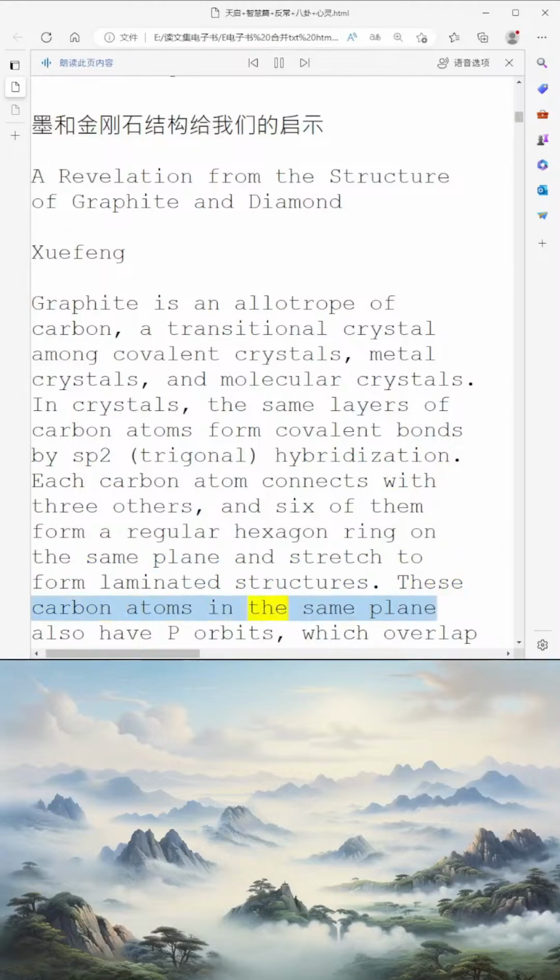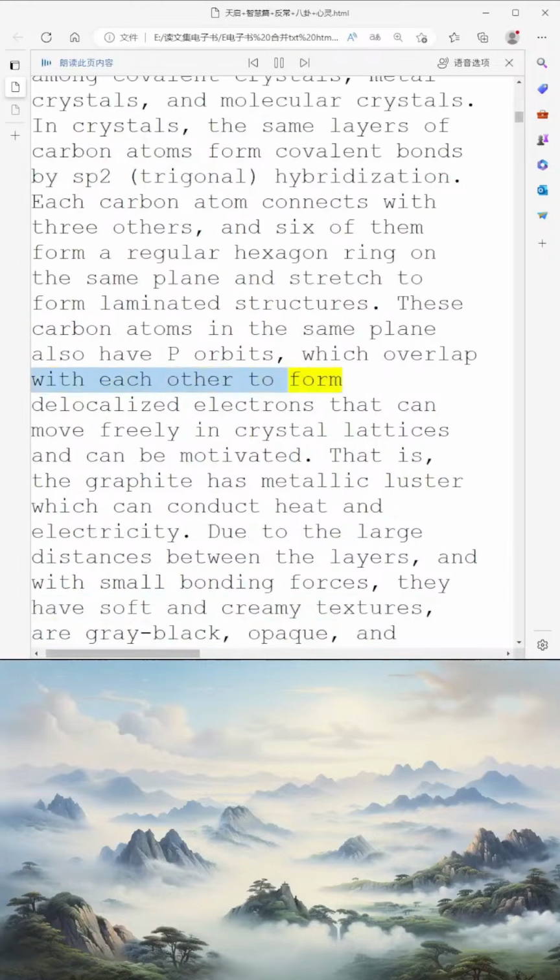These carbon atoms in the same plane also have p orbitals, which overlap with each other to form delocalized electrons that can move freely in crystal lattices and can be motivated. That is, graphite has metallic luster and can conduct heat and electricity. Due to the large distances between the layers, and with small bonding forces, they have soft and creamy textures, are